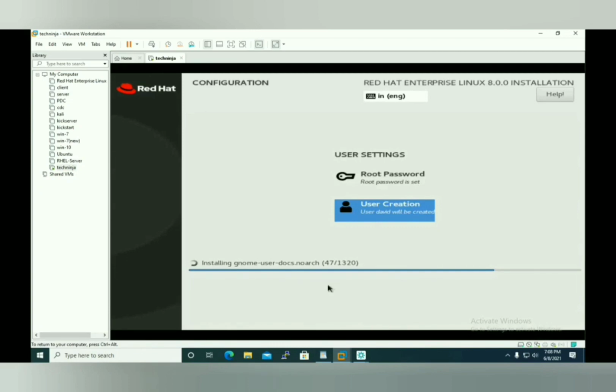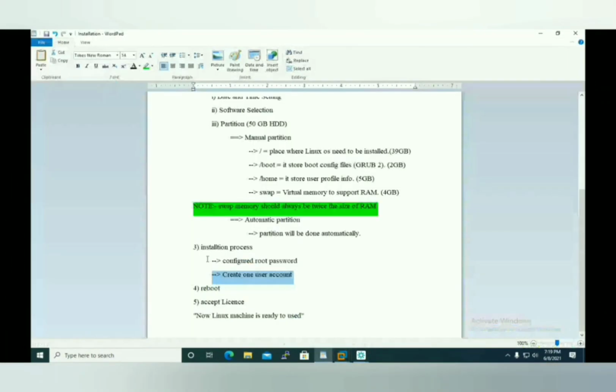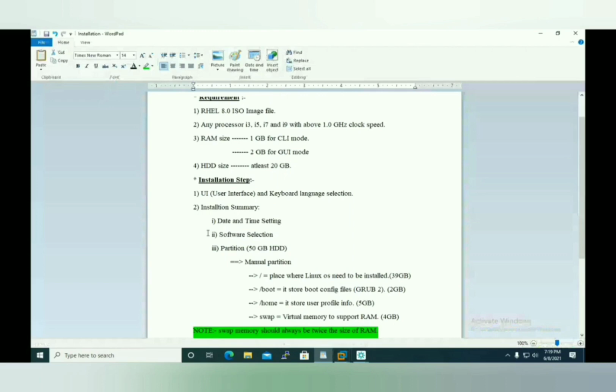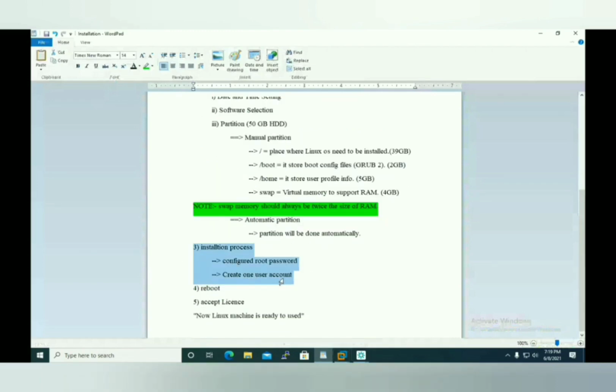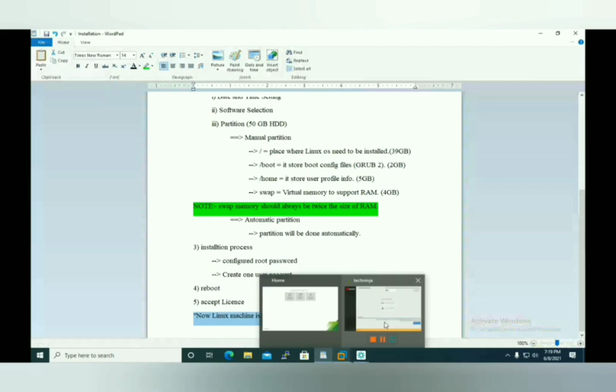Now let's wait for at least 15 to 20 minutes, because usually the Linux installation process takes 15 to 20 minutes. Then this is completed. According to the steps I said first, we have gone through all the steps and now come to the reboot section. Once the installation process is completed, you need to click on the button to reboot your Linux machine once, and after that you need to accept the license agreement terms and you are good to go, use the Linux machine. So let's reboot our machine once.